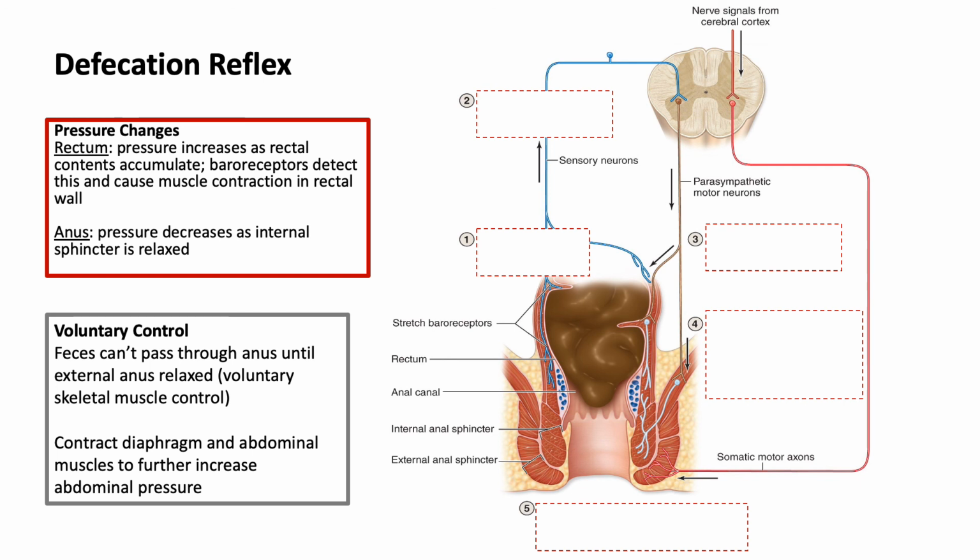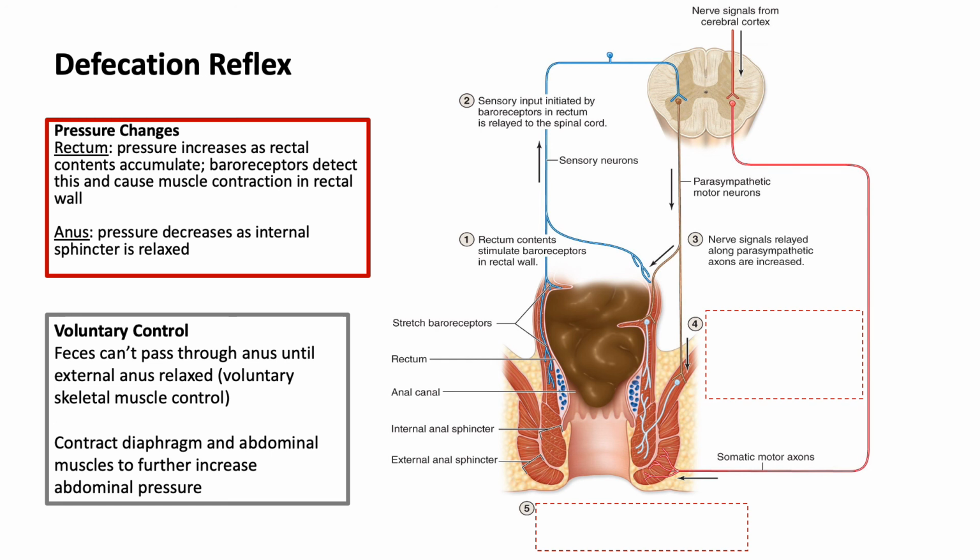All right, last slide and last part of your worksheet, and we'll look at the defecation reflex. So that's going to be initiated when the contents of the large intestine are driven forward by mass movements. That's going to stimulate stretch receptors within the rectal wall, or baroreceptors. That distension information is going to be sent via sensory neurons to the spinal cord. And then via parasympathetic motor neurons, that signal about the additional distension is going to increase nerve signals to the